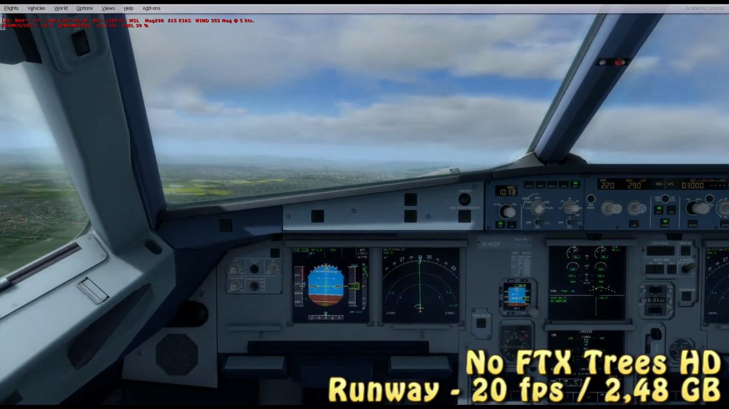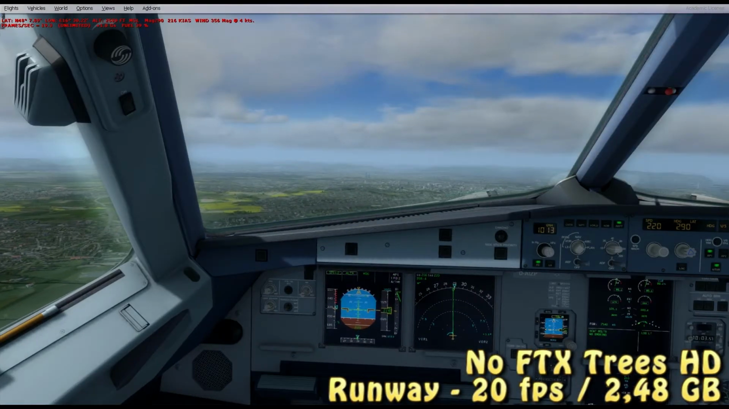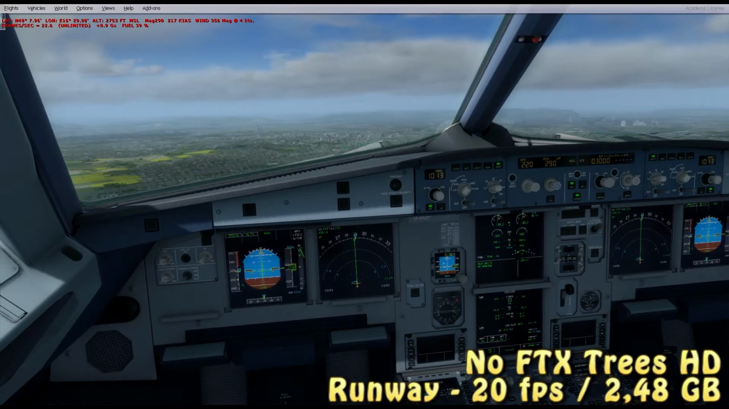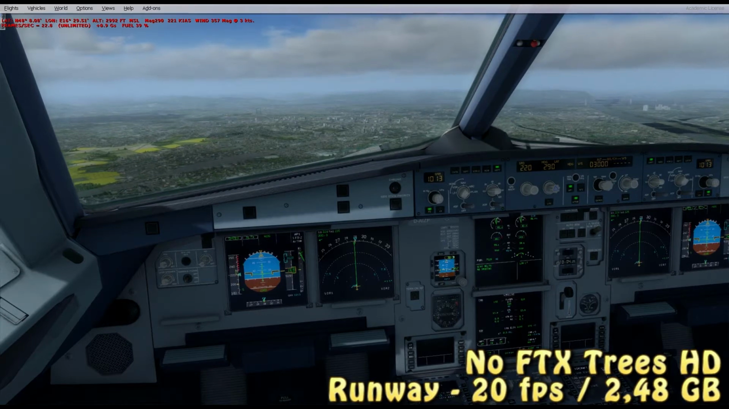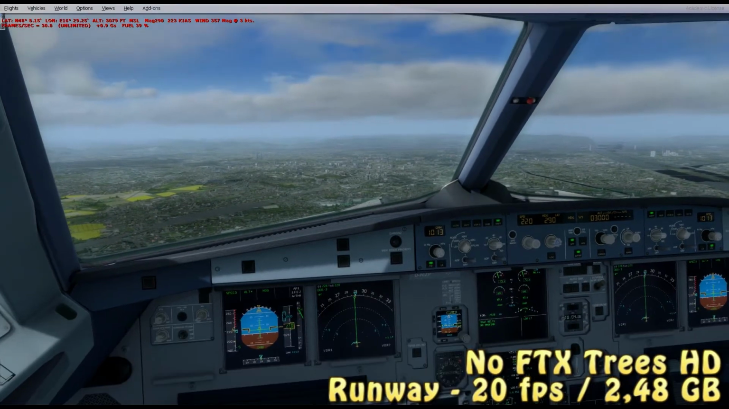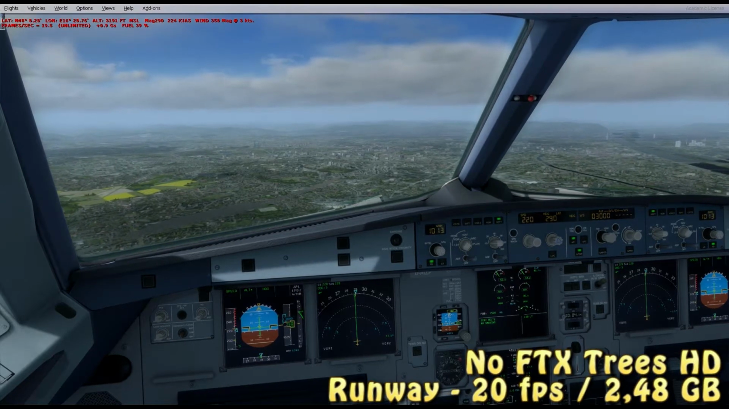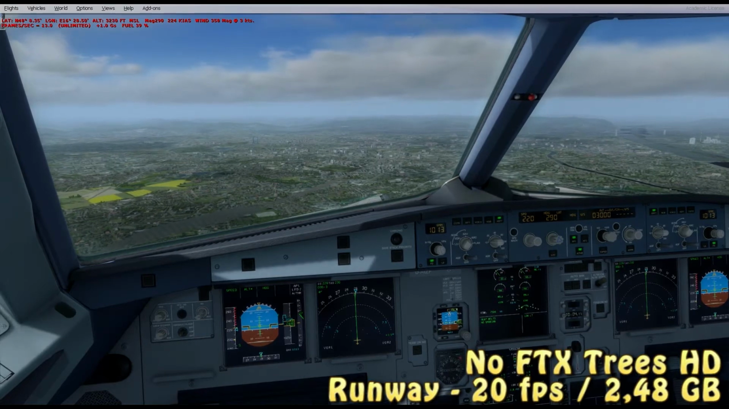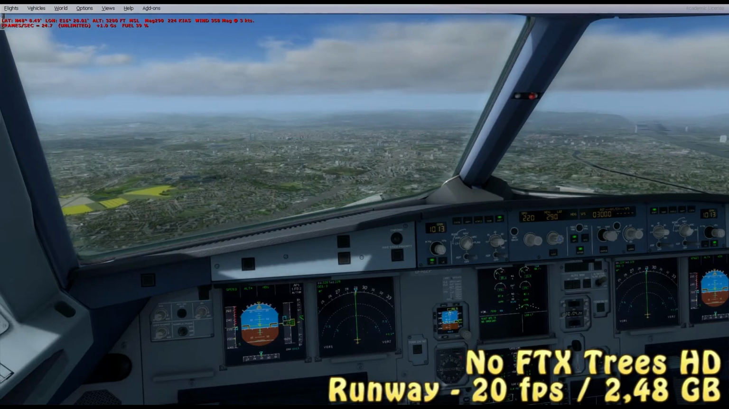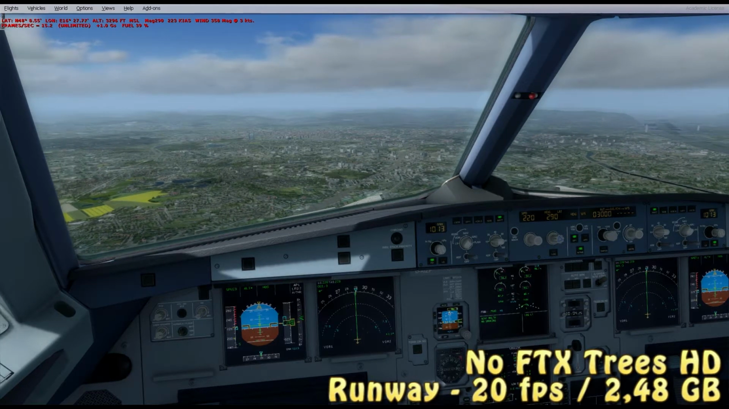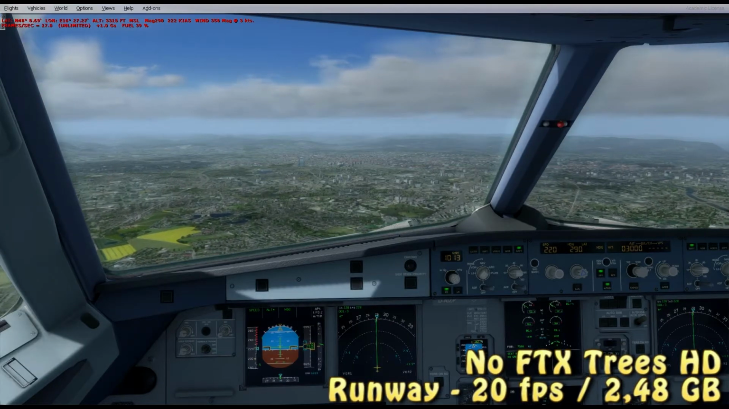And I used a standard date, a standard time of the day, and a standard weather situation with Opus FSI, and that was building storms. You can see some graphical glitches there in the Danube River, but that has nothing to do with FTX Trees HD. So I created comparable situations where I could really benchmark for myself how the two settings are performing compared to each other, and of course check on the claim that FTX and